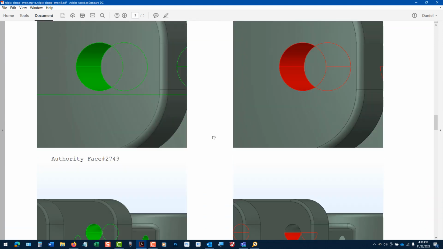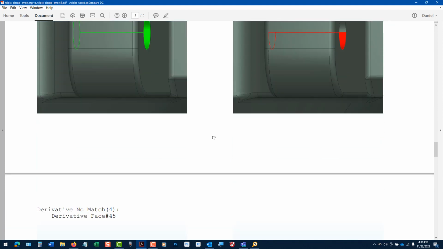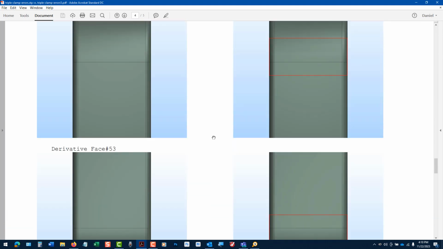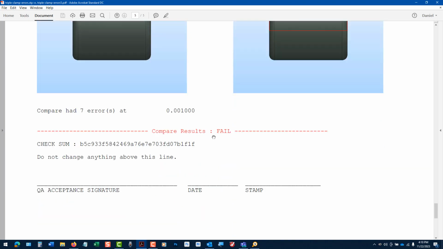And then we're going to see some tight detail from the zoom shots, all automatically taken of the failed areas, culminating at the end with a red fail indication and a place for your quality control to sign off on the report.